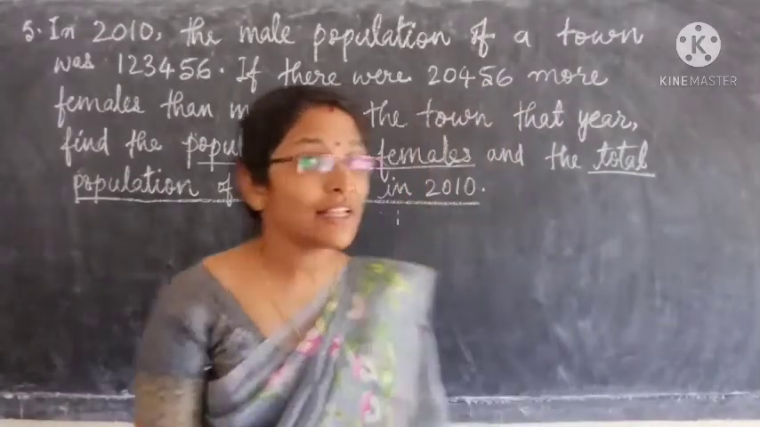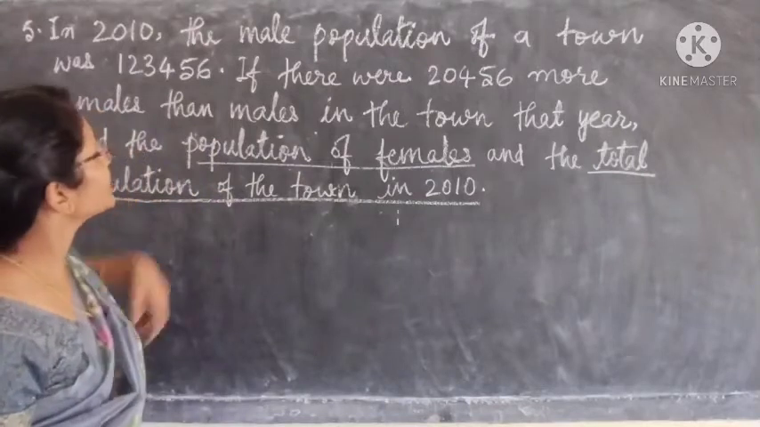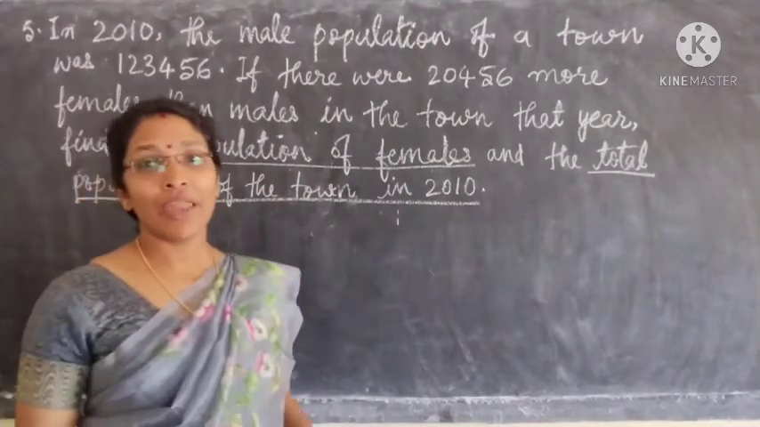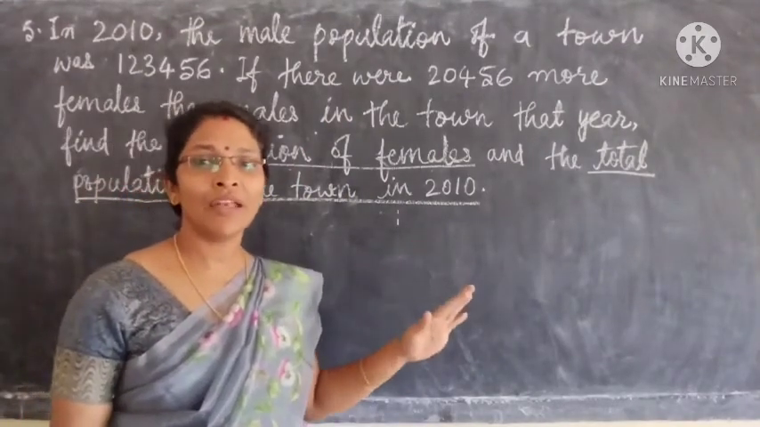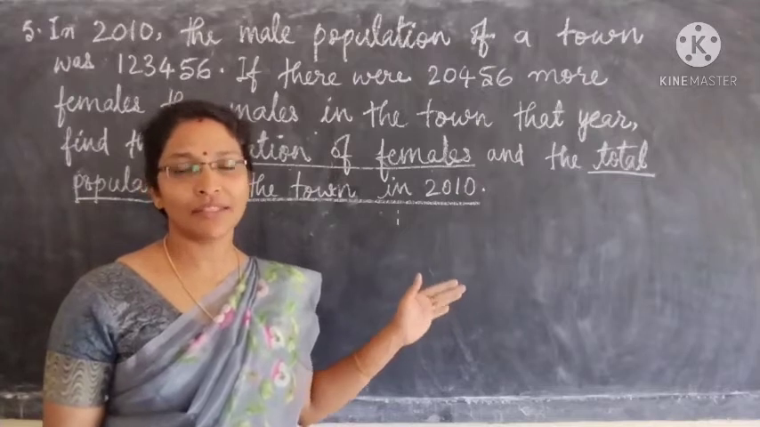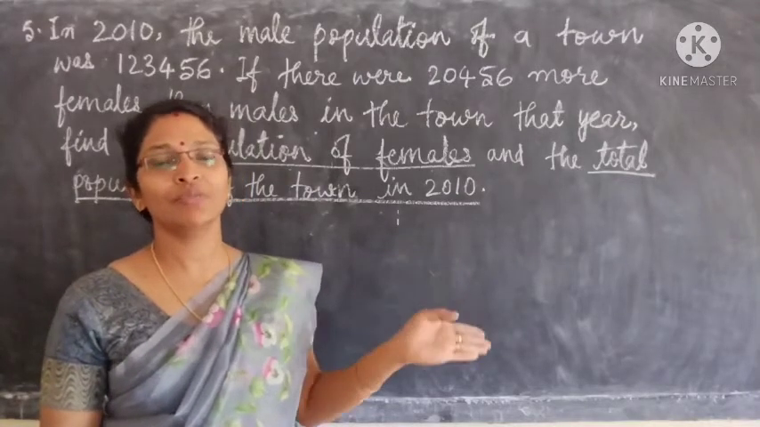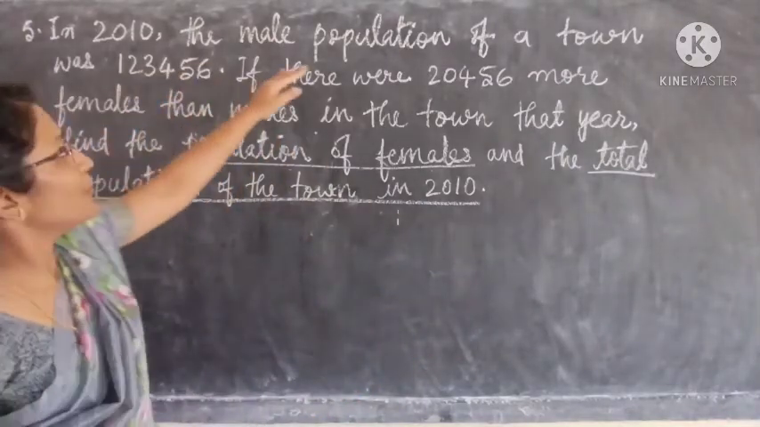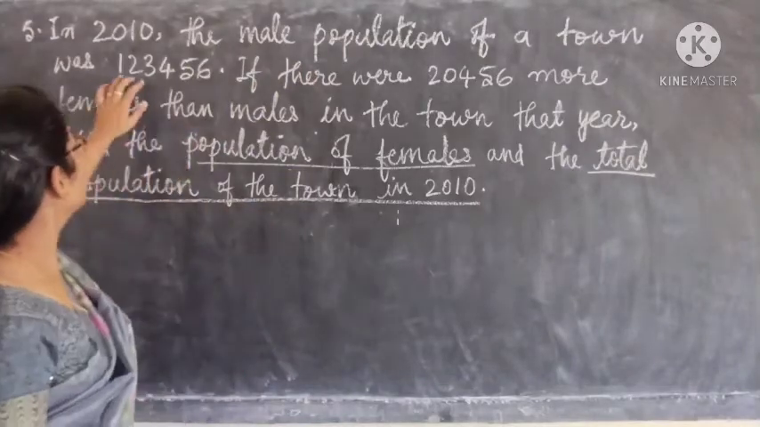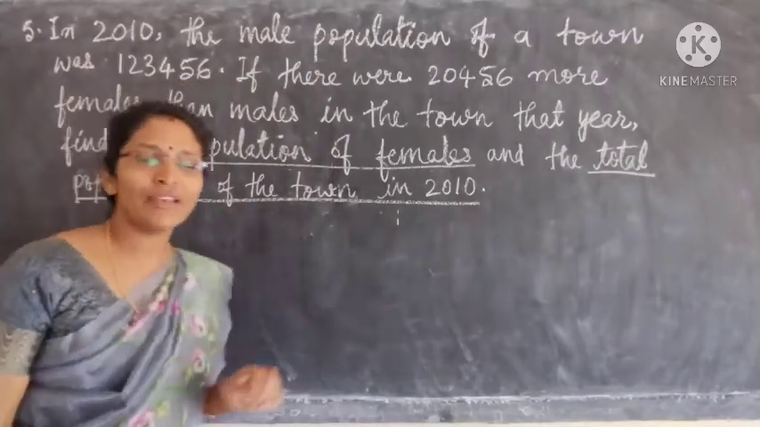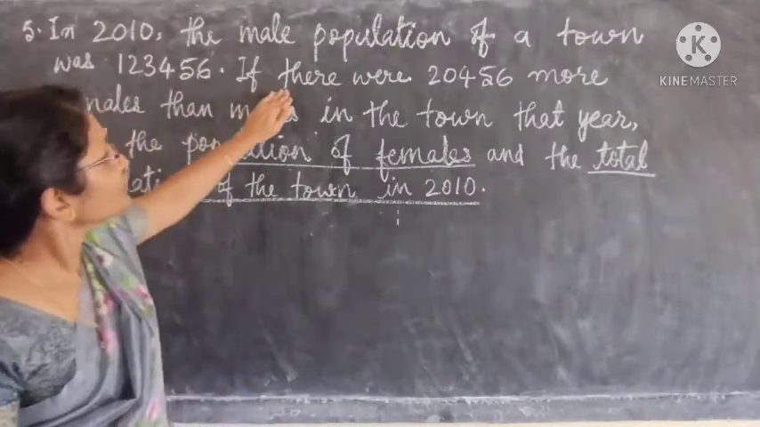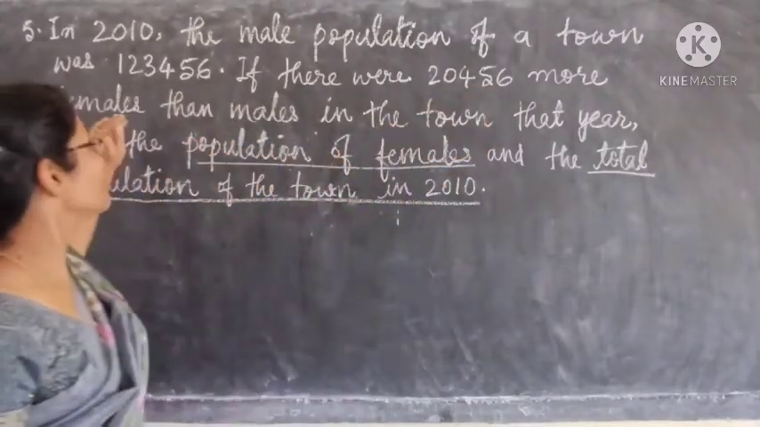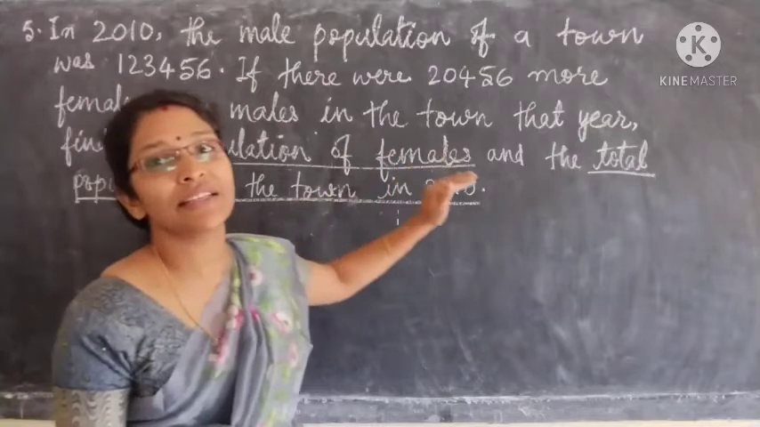For that, what all details are given to us? We have got the male population of a town. Male population means number of men and boys. That is, the male population of the town is given, and that is 1,23,456. Now, if there were 20,456 more females than males in the town, then